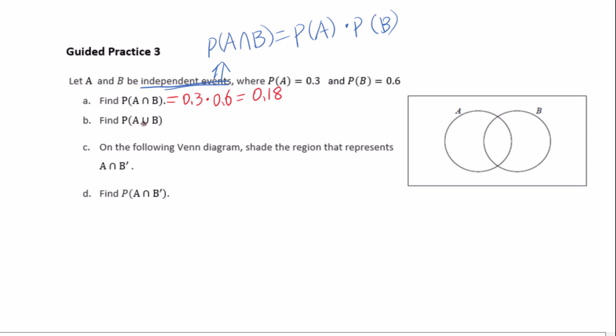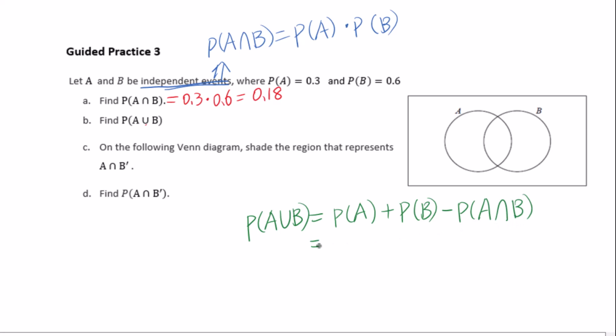Find the probability of A union B. Addition rule of probability. That is, the probability of A union B equals the probability of A plus the probability of B minus the probability of A intersection B. So we do the substitution. Probability of A equals 0.3 plus 0.6 minus 0.18 equals